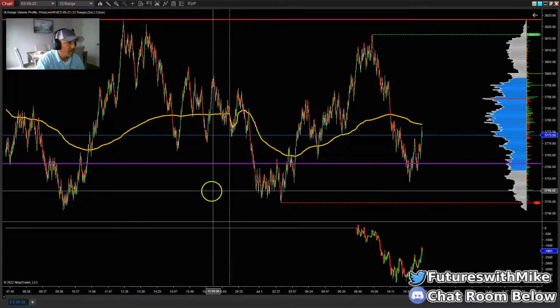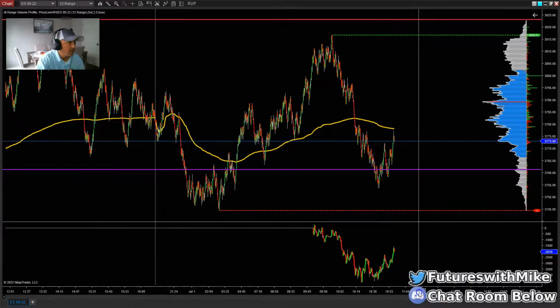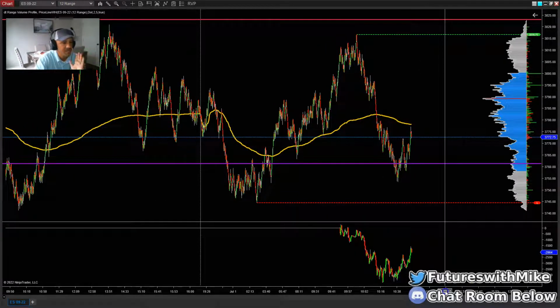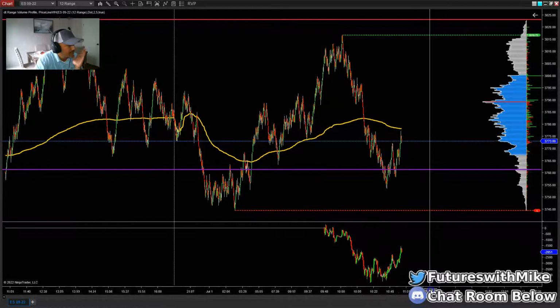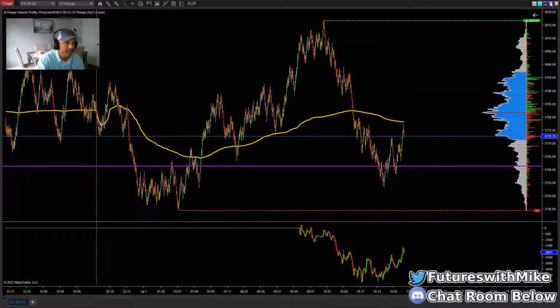We're moving sideways, okay? So I'm not saying you can't trade short, you can go short or long within a range. It's a great opportunity, even when the market's ranging, to go short or long. You just gotta be able to read the market, though. Okay, so